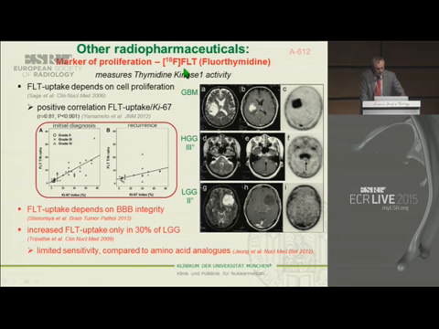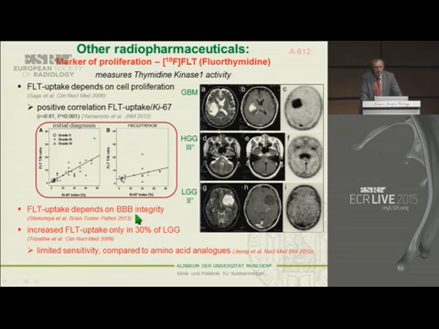Intriguing is also to look directly at proliferation. You can use the tracer FLT, the fluorothymidine, and you can see a very good positive correlation between the Ki-67 and the FLT uptake. But the main problem, again, for the practical use is that the FLT uptake depends on the